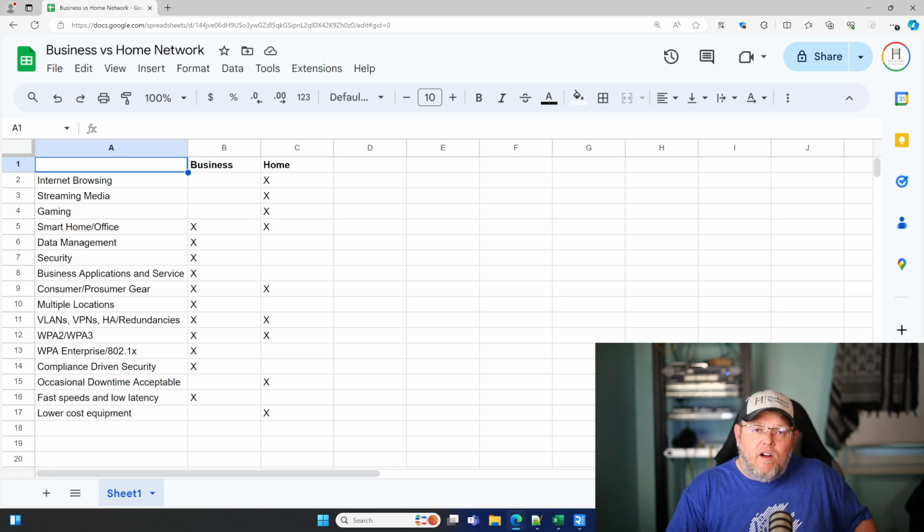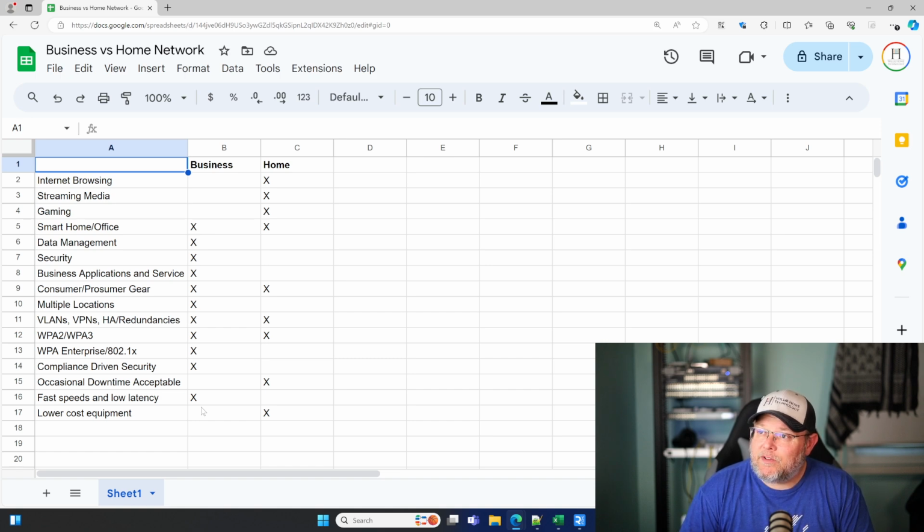A lot of our home users have a single UDR or a single piece of equipment that's a router, a switch, a firewall, and that's good enough for them. And then we have folks who have half a dozen switches, dozens of APs throughout their entire property. So we've got them kind of in between, but are they a business network at that point? Let's look at this. So I came up with this list.